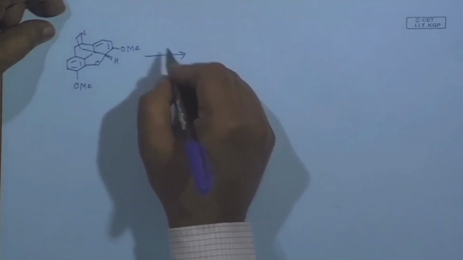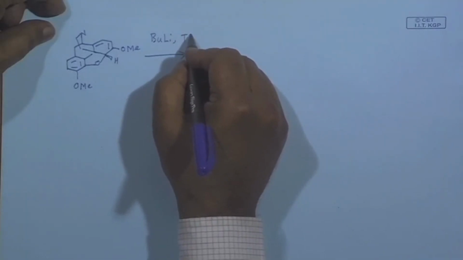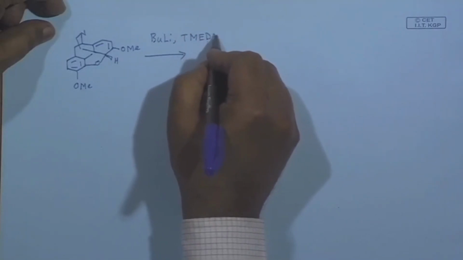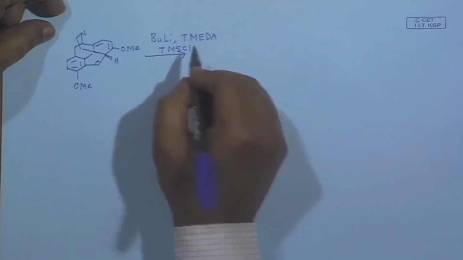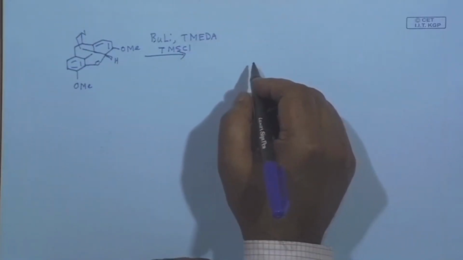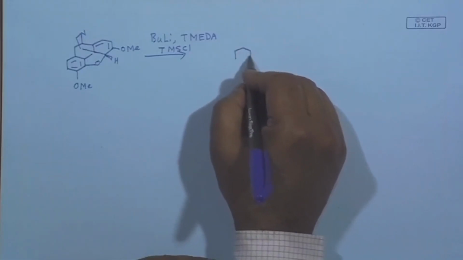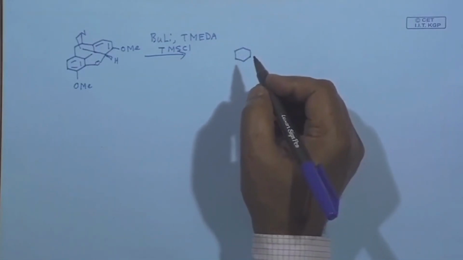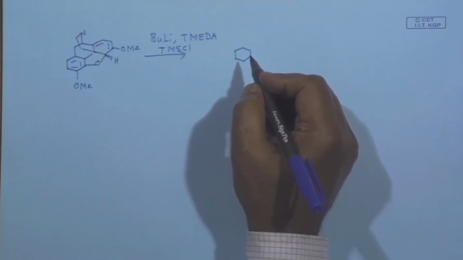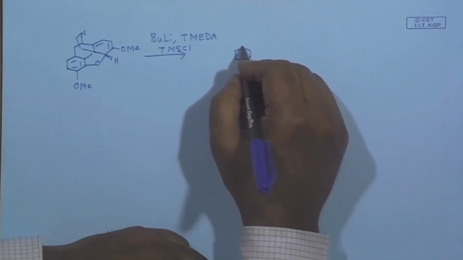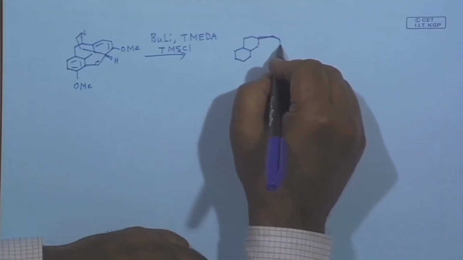And the first reagent was butyl lithium, and then TMEDA. TMEDA is an additive which is often used to make the base more basic. And then it was treated with TMS chloride. So, TMS chloride, and then obviously there is a selection in the site of this lithiation. Instead of ortholithiation, what happened? The reaction took place at the